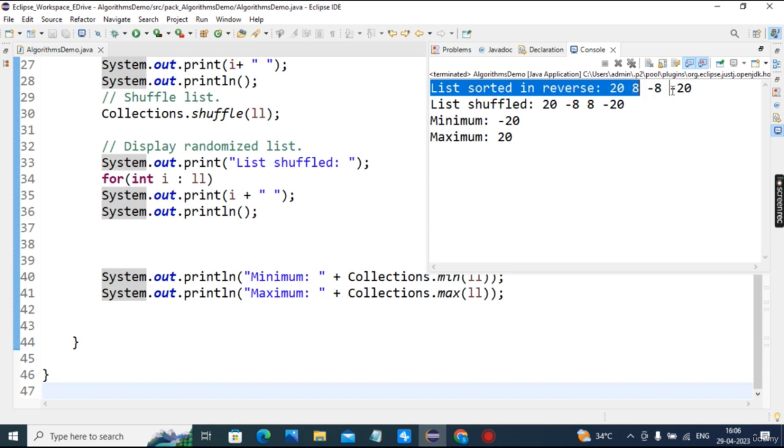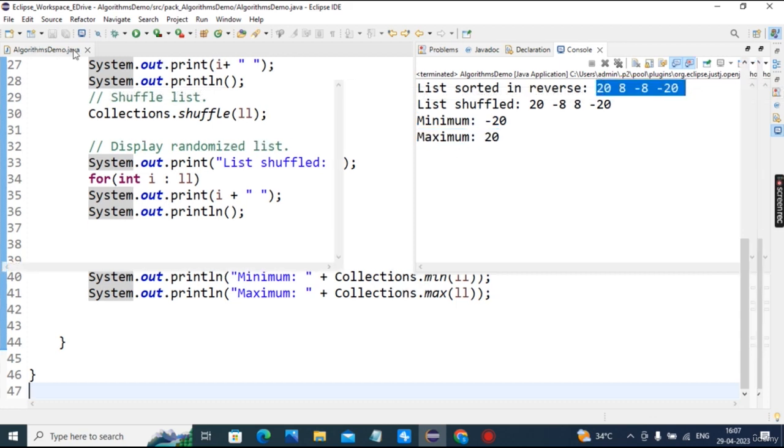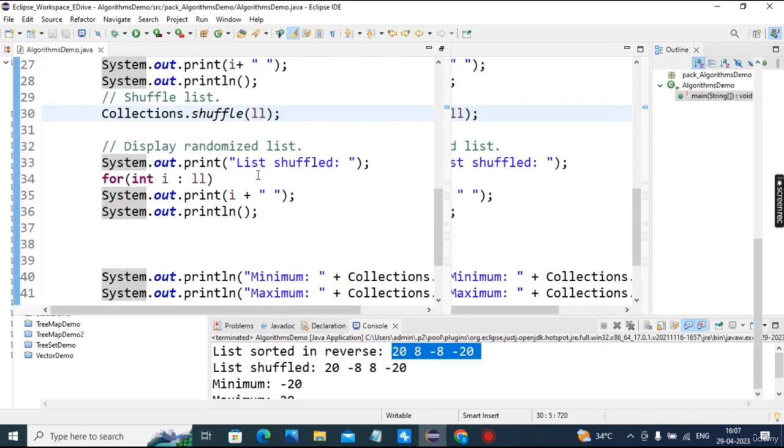List sorted in reverse order, then list shuffled, that is randomized, then the minimum value of the linked list and the maximum value of the linked list. Okay, this value is independent of the shuffled one. Even if your list is shuffled or randomized, and all the elements are swapped randomly, still your minimum and maximum value will be the same as the original linked list. Okay, so now you can go through this again,